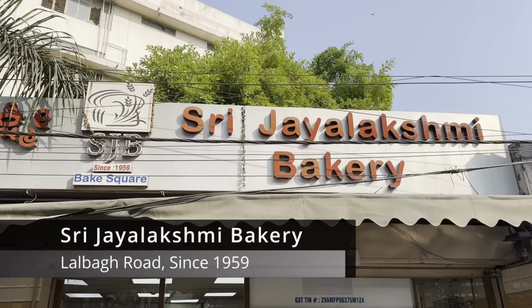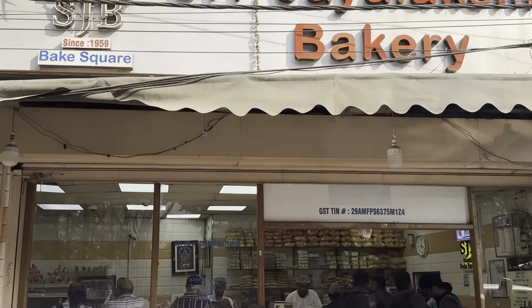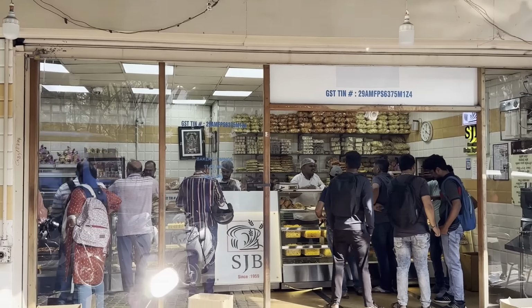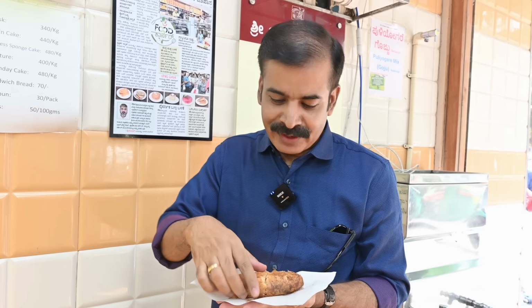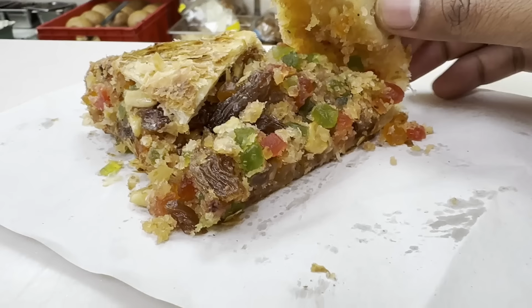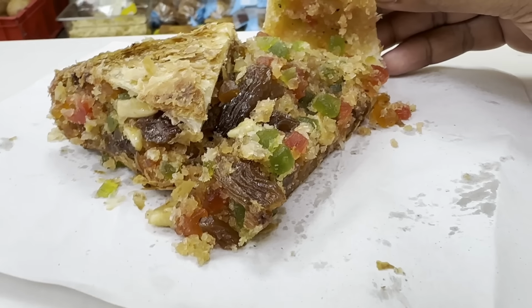We are in Jayalakshmi Bakery, which is one of the oldest Iyengar bakeries in town. We are going to taste 2 items here. One is this dilpasand and the next one is Japanese cake. These are iconic dishes here, or signature dishes at Jayalakshmi. We'll start with this dilpasand. It's loaded with dry fruits and also the spices like cardamom,